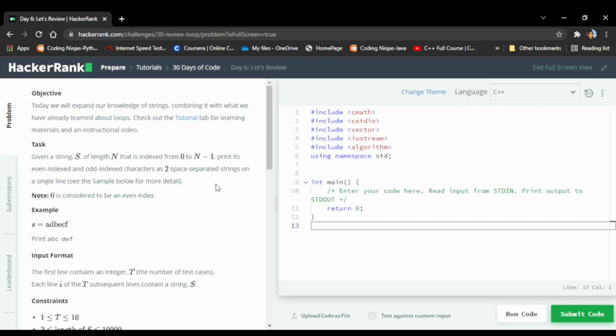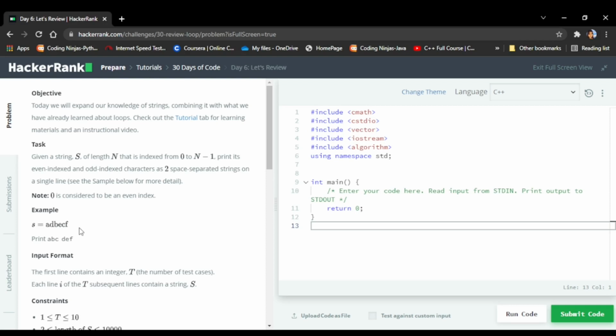Like in arrays, if you write ARR of 0, you can access the 0th element. And in case of strings, if you do the same, you will get the indexed element which you want to access.